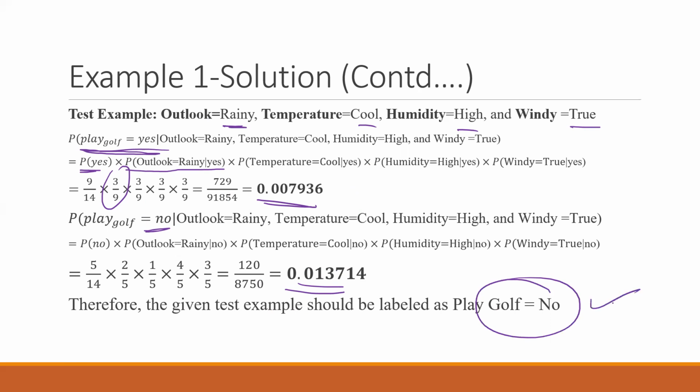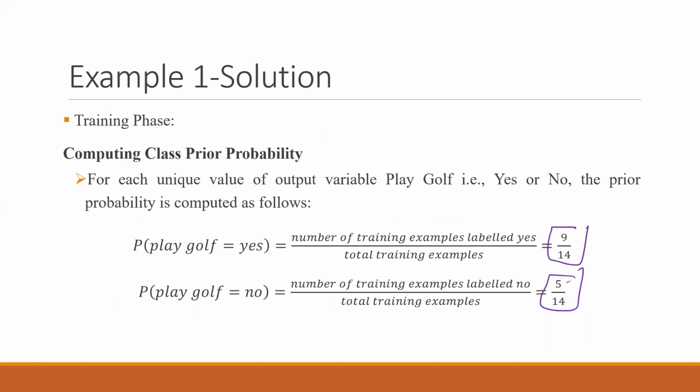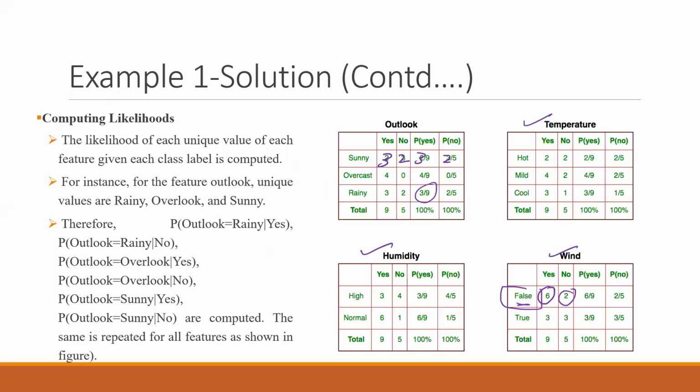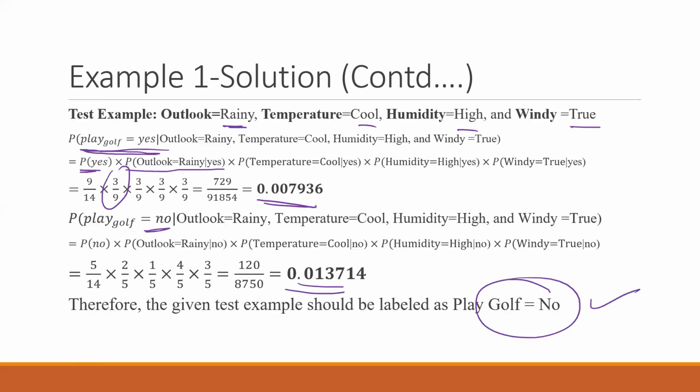So this is how you have to do the prediction. This is how we have to solve the numerical. It was quite simple, it's just that you have to put some time into solving it. Given these values, you first calculate the prior probability, which is the very easy part. Then you have to very carefully make these tables. If you make any mistake in the tables, your answer will be wrong. But if you take care of filling all the values correctly, you will easily make the tables, and then you just substitute the values for both the classes.